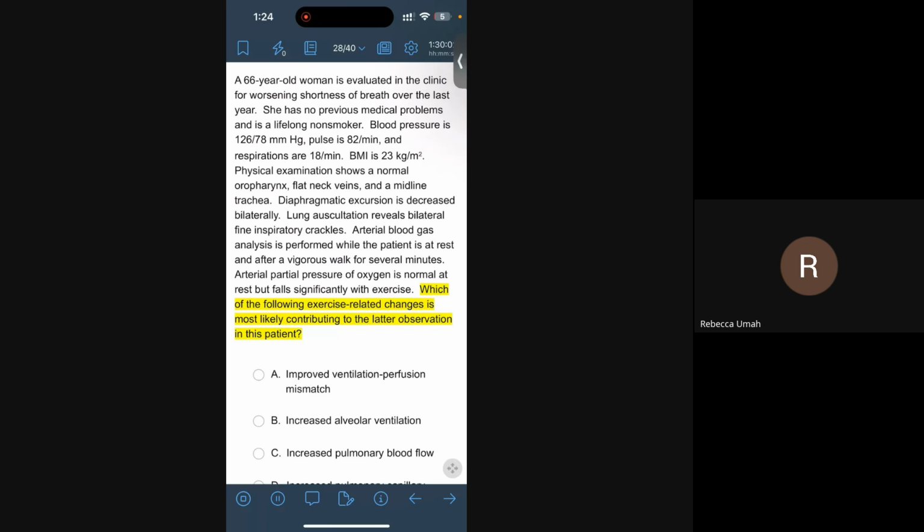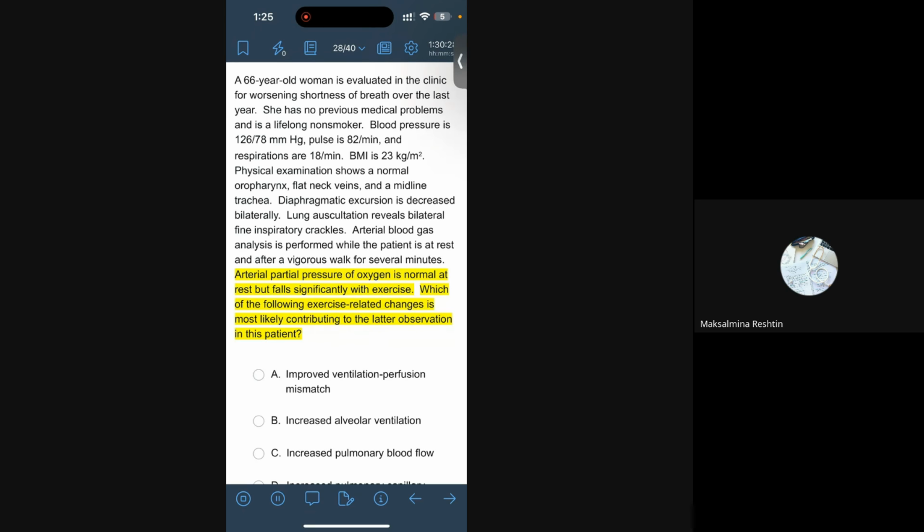Okay, so what is happening here? Arterial partial pressure of oxygen is normal at rest, but falls significantly with exercise. And he is trying to ask us why it falls significantly with exercise. Okay. And what is the diagnosis of this question? Worsening shortness of breath over the last